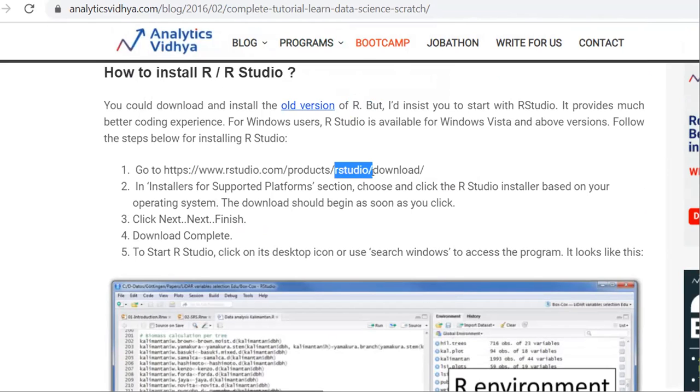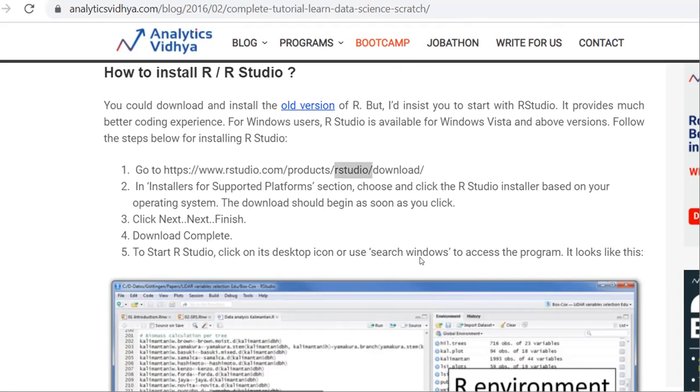You can download it by selecting your required platform and whether you want the 32-bit or 64-bit installer. Just follow the procedure, click on next and finish.